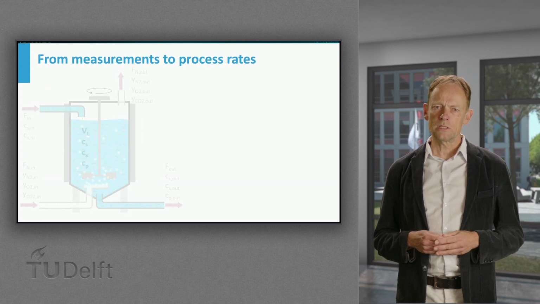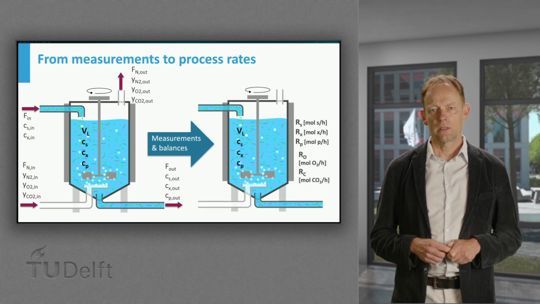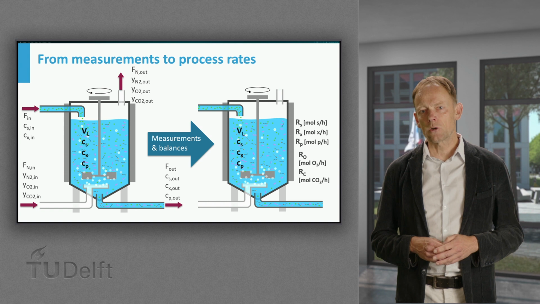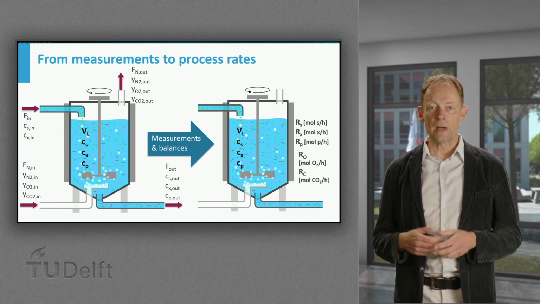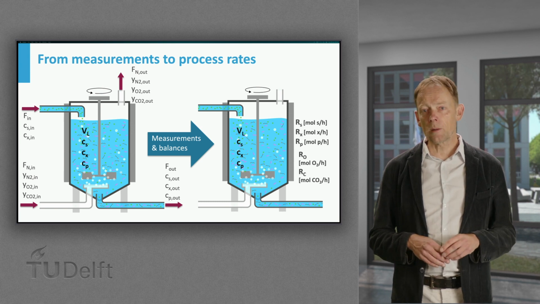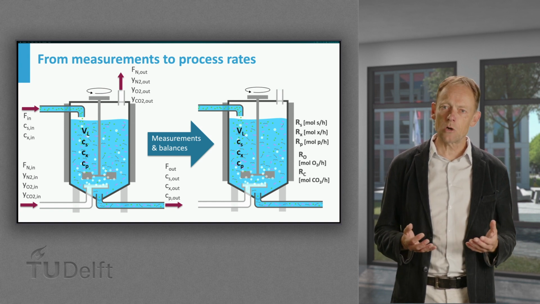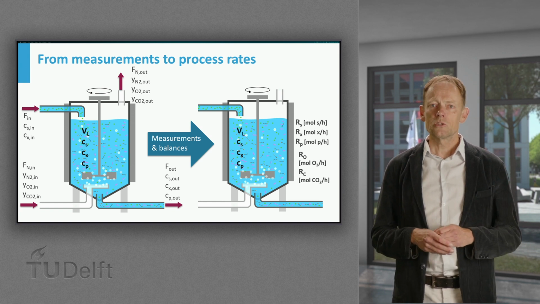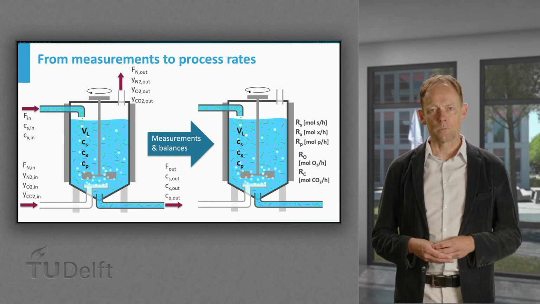Measurements are important, and it is wise to check the quality before doing calculations. It is advised to check conservation principles. An element that is added should be found back in the outlet, albeit in a different molecule. For example, the carbon balance says that the amount of carbon added via the glucose should be found back in either the cells, product or the CO2.